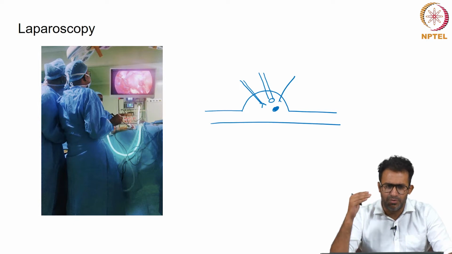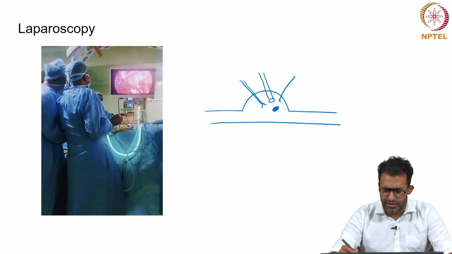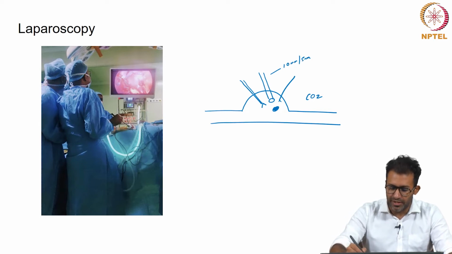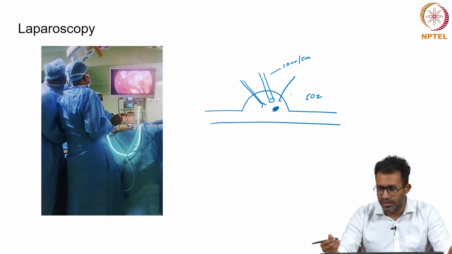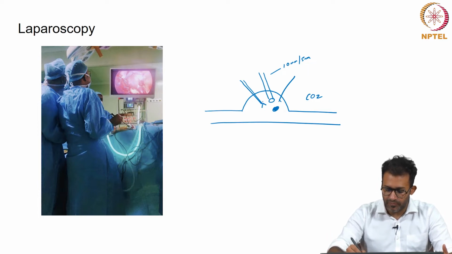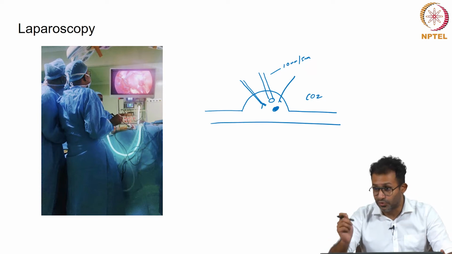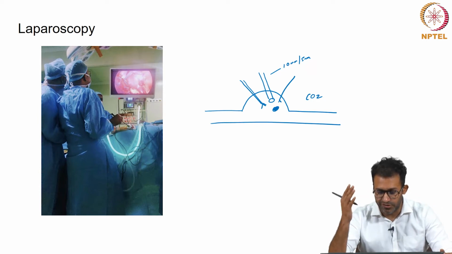These days, we perform a whole gamut of procedures through laparoscopy. As you can see in this diagram, this is the abdomen, and you inflate the abdomen with gas, which is usually carbon dioxide, and put in a camera. This is usually a 10 mm or a 5 mm camera, and then you have working ports, 2, 3, 4 depending on how you use them, and these can involve graspers, needle holders. You can suture, you can cut, you can remove things.